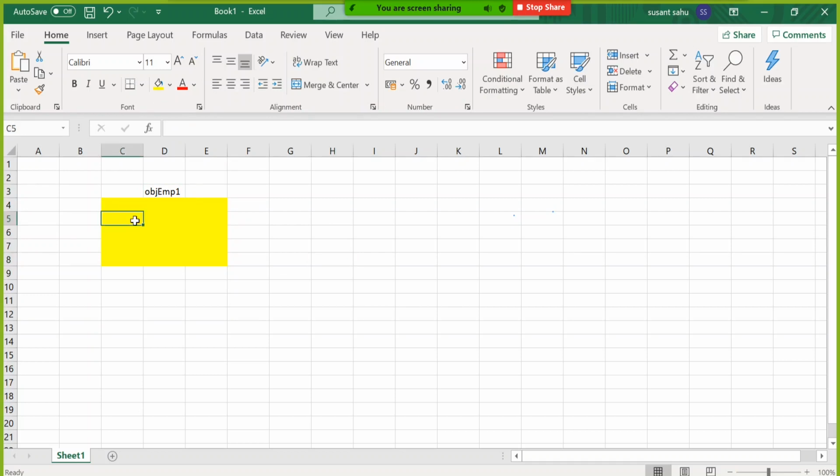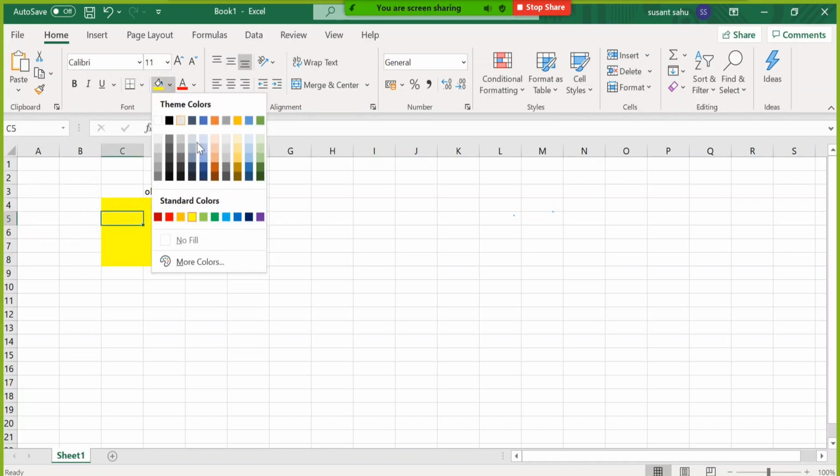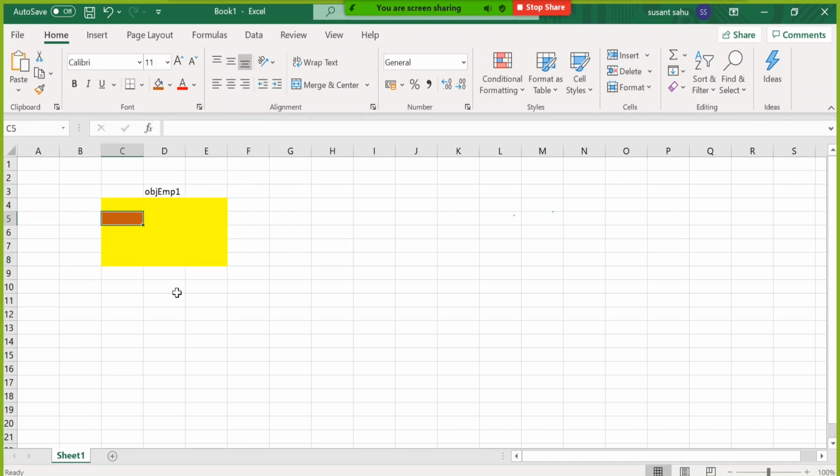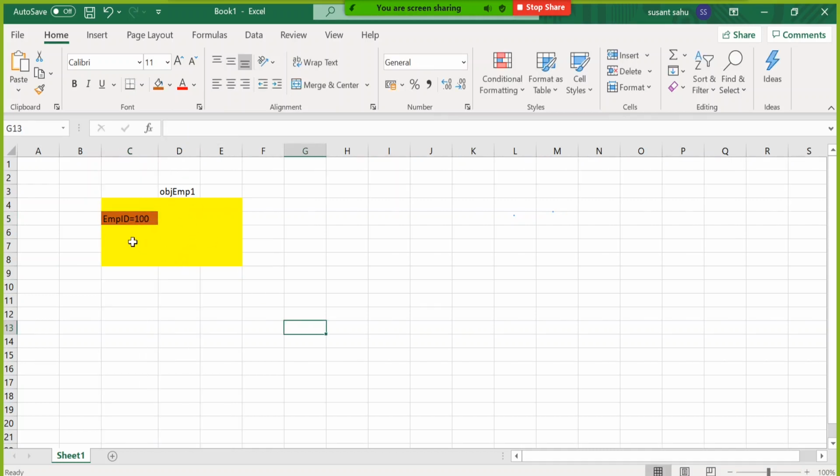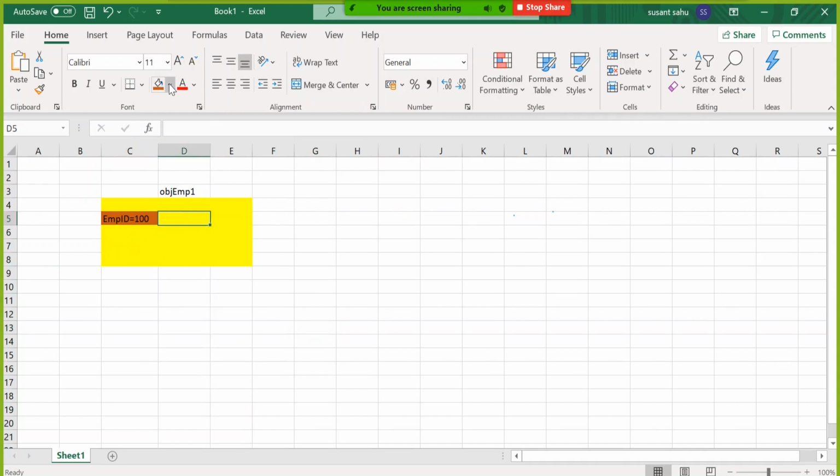Inside this, it created one location named employee ID, and it stored 100 here, and it created one more location called emp name, and here it stored Amit.